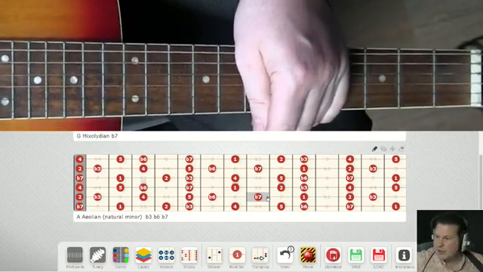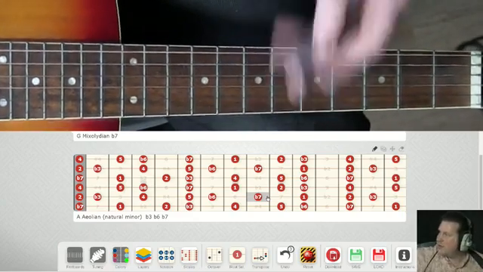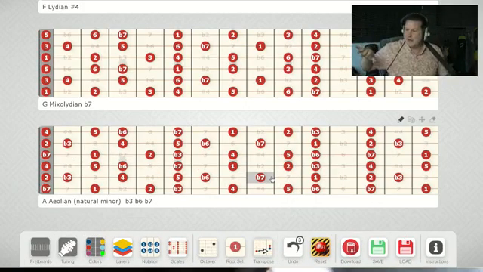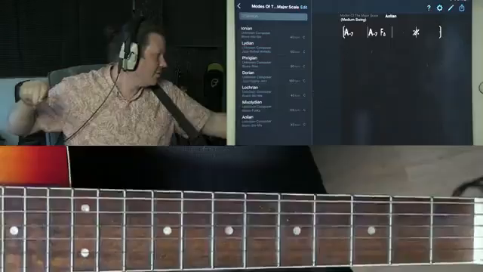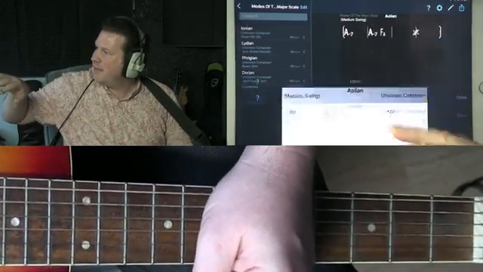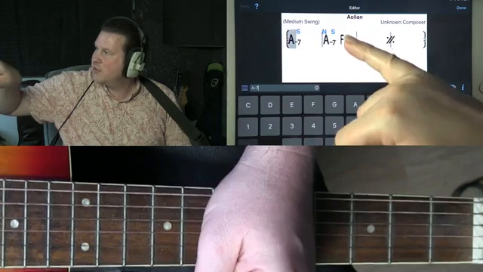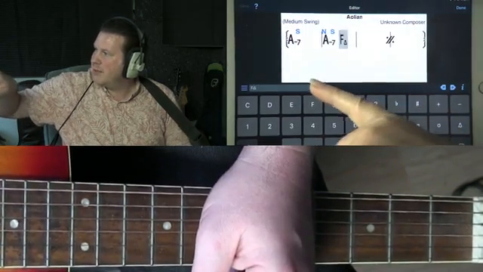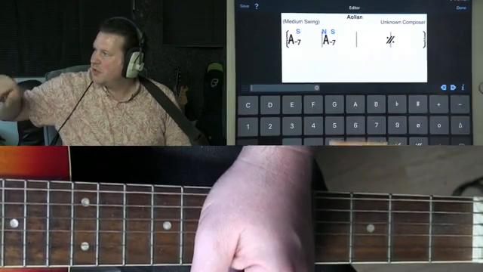Okay, so I'll just play around that. Well, first of all, just so you can see how it does it as a little bit of added value, I'm going to edit this chart. I felt that playing at a slow tempo was too much of an imposition, so I'm just going to put that on one beat,